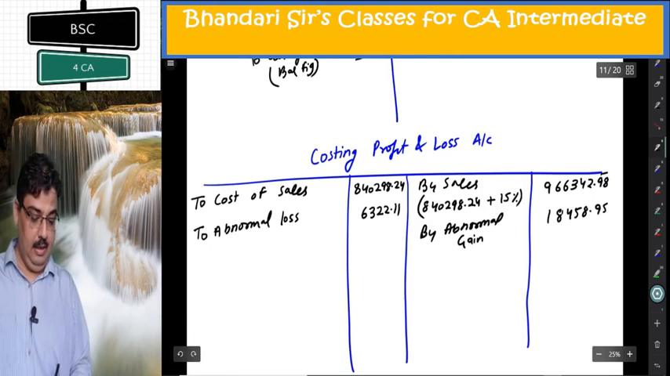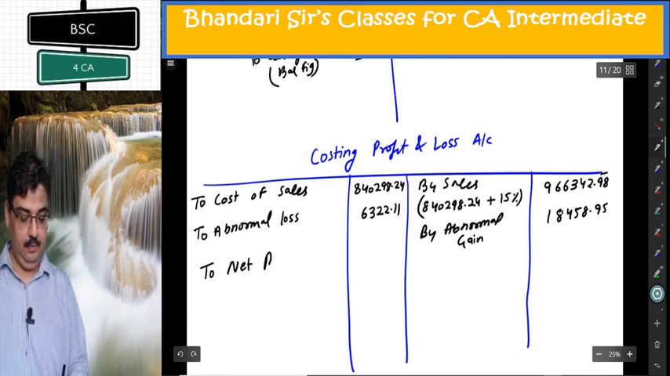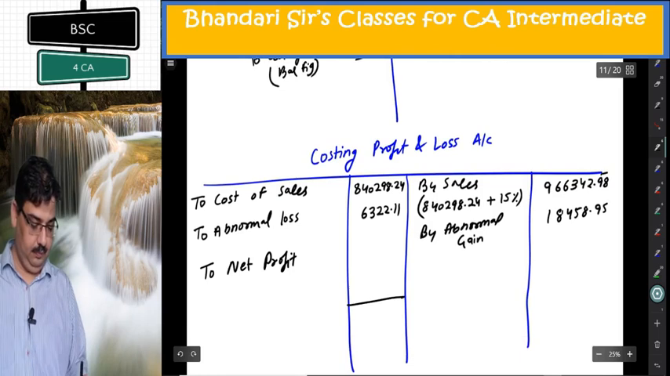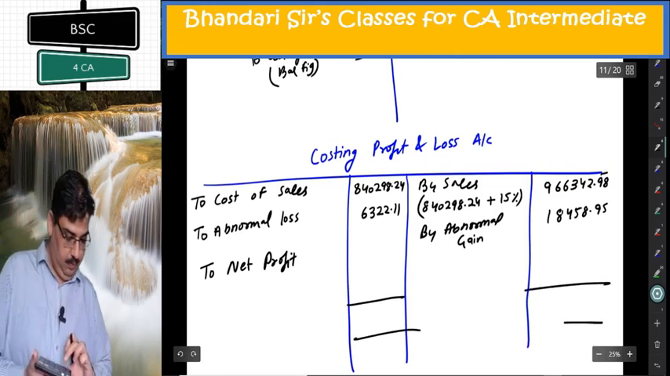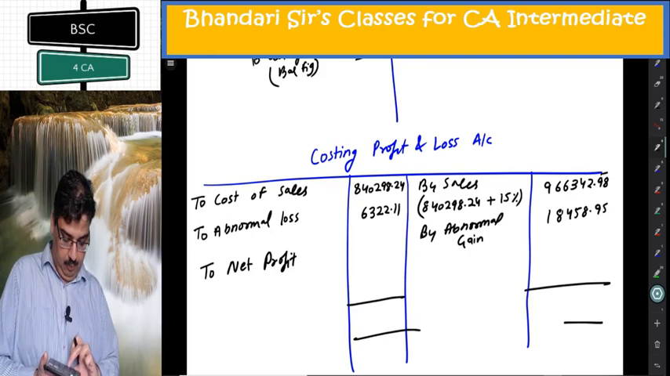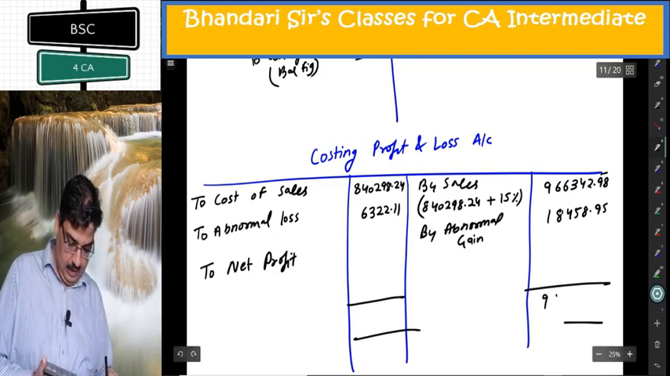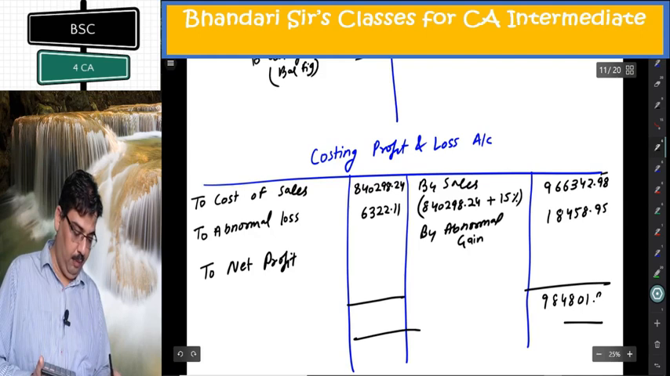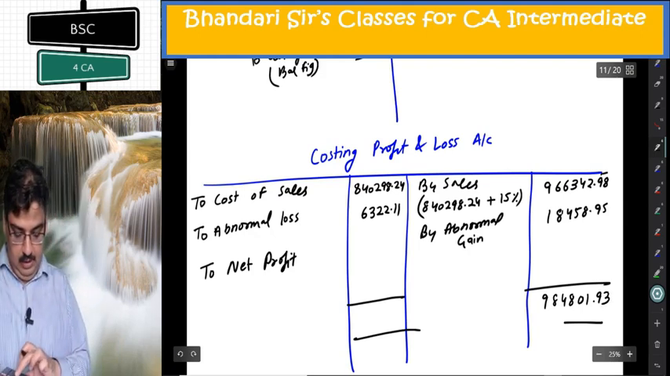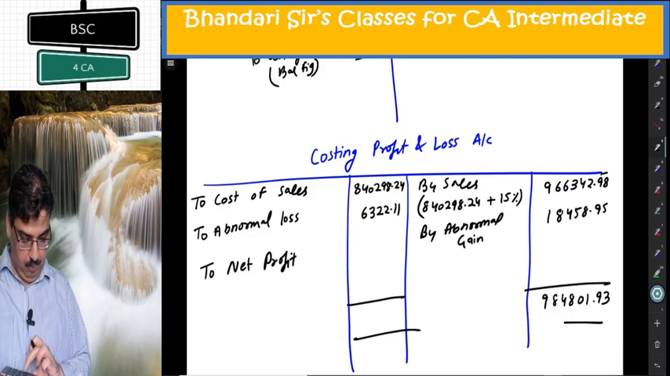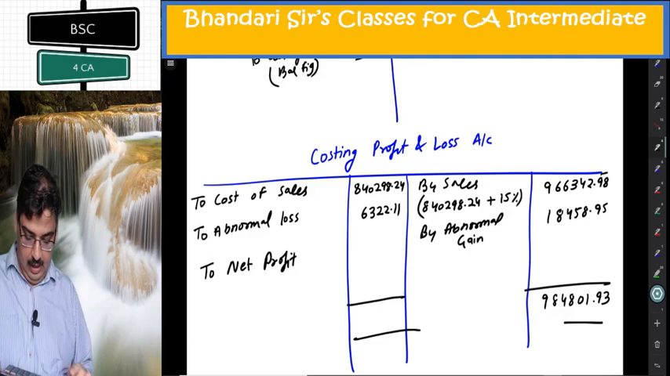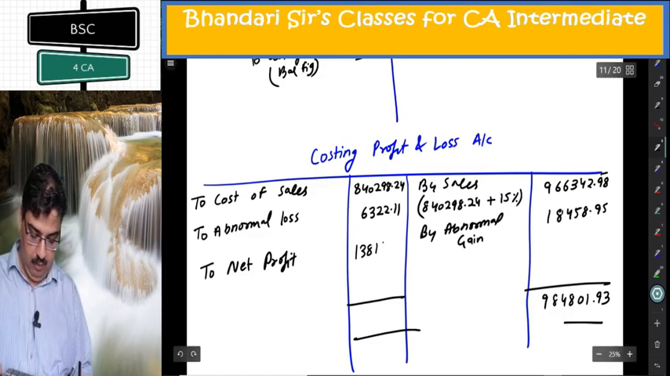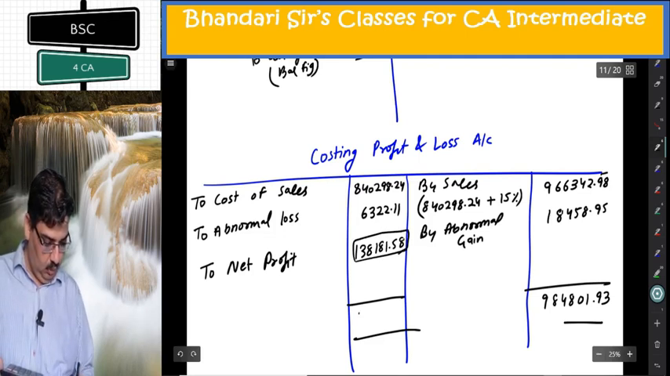Now whatever you get is called net profit. $18458.95. The total I am getting is 984,801.93 minus 840,298.24 minus 6322.11. I am getting net profit 138,181.58. Total will be same